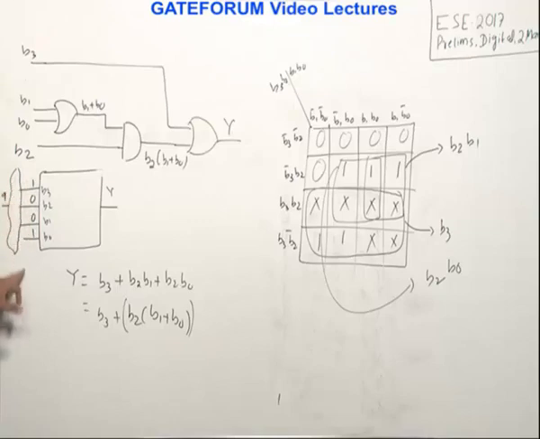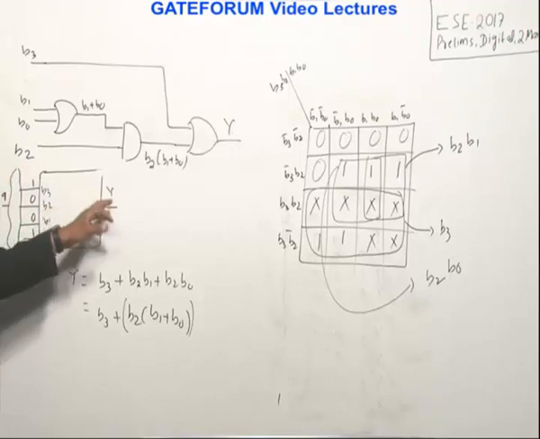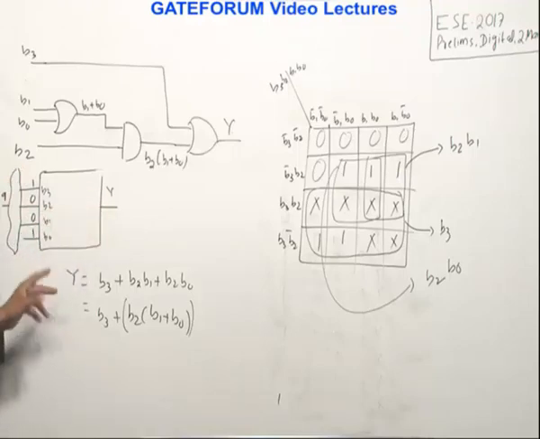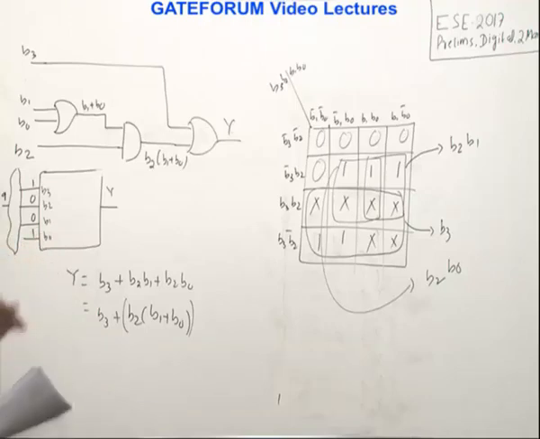Like 9 means 1001, 7 means 0111, and our task was that whatever bit combination we get should be mapped to either 0 or 1. So if it is greater than or equal to 5, it should map to 1. Otherwise, it should be 0. It is clearly given in the question that information is given only for 0 to 9, which means anything beyond 9 is a don't care.